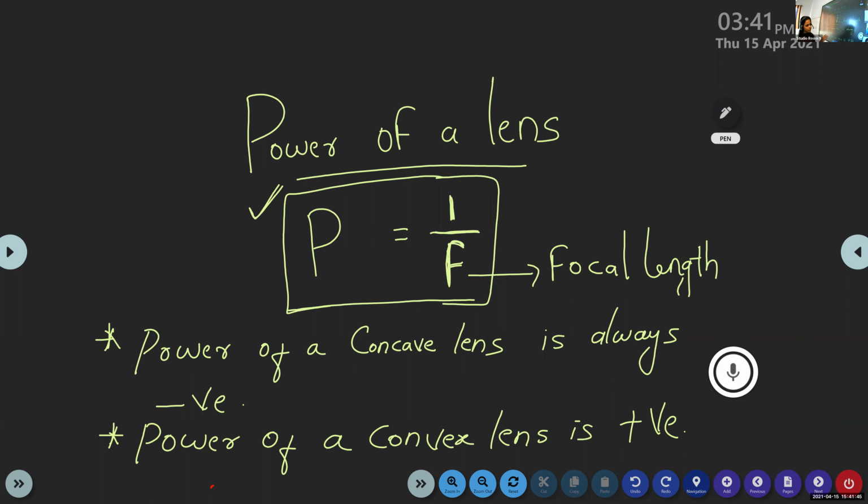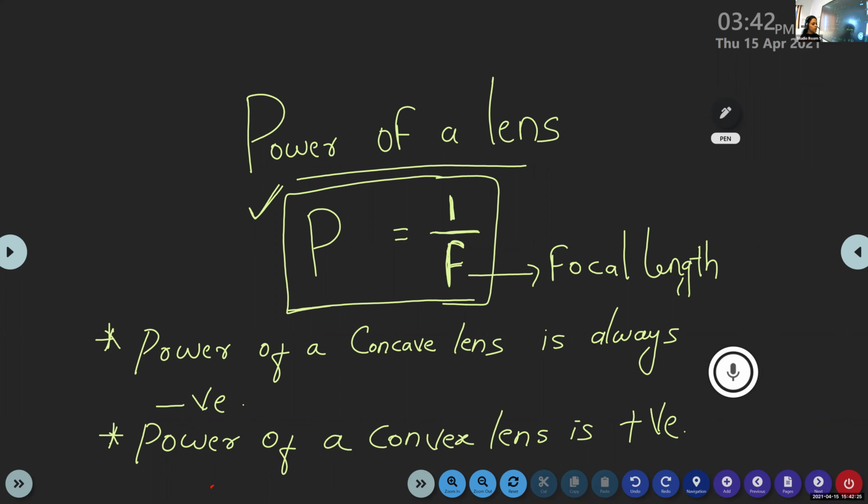Is power of lens finished? So what is the equation for calculating the power of lens? P is equal to 1 by F. P is equal to 1 by F. Justin, what is the unit of power of lens? Okay, Revu, what is the unit of power of lens? Yes, D, the diopter. The unit of power of lens is diopter and we represent it with the letter D.